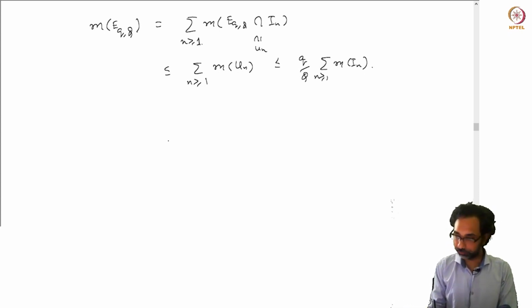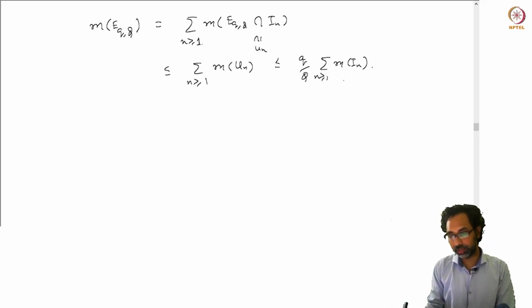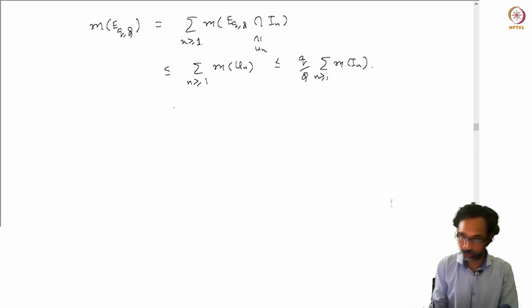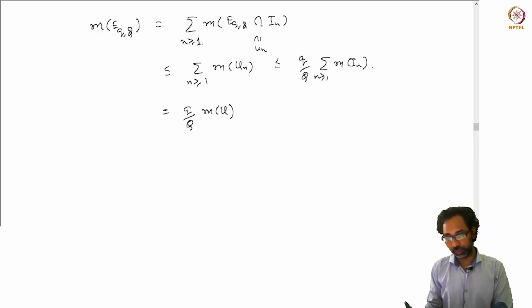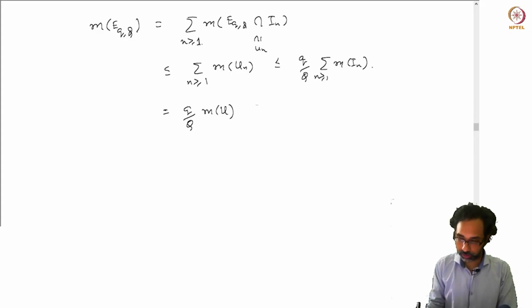And now these I_n's are precisely the decomposition of the open set U that we took. So this is nothing but q over Q times m of U, but U was chosen so that this is less than q over Q times